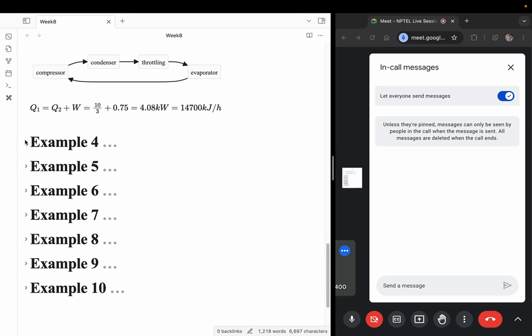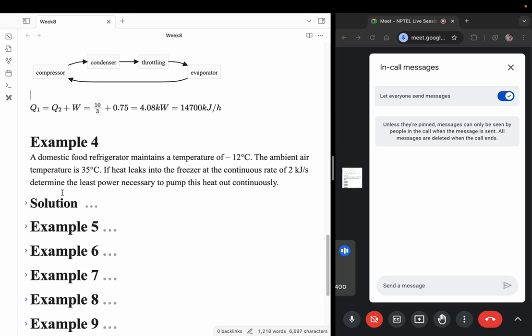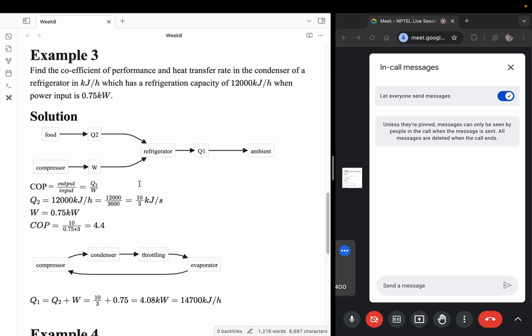Yeah, I guess it is clear. So the next problem is also very similar. If you see, the trend in all these problems goes in the same way. So you basically have